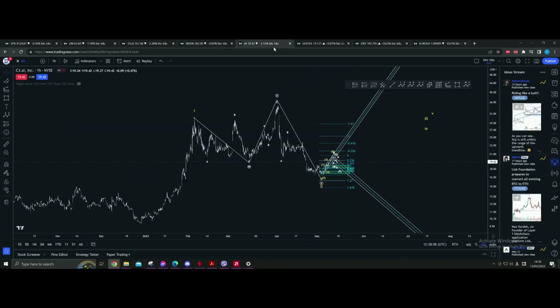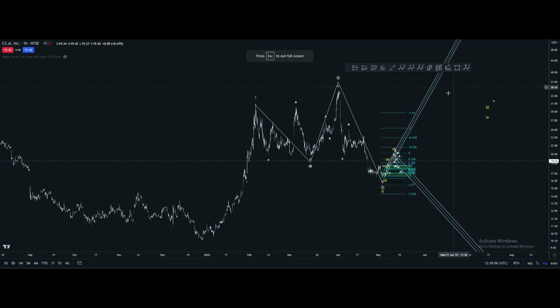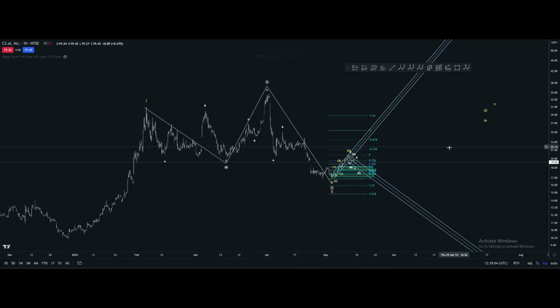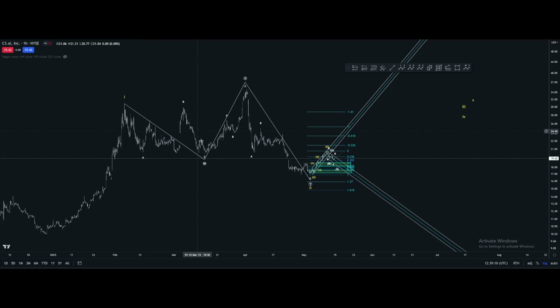Next thing is gonna be AI, and Sam already talked about this, but considering that it's my account, I'm gonna go over it as well. So 1 into ABC W, ABC X, and AB and C Y. So you have a flat, zigzag, zigzag, being a double combo, and it does look like a flat, and it does measure like a flat,